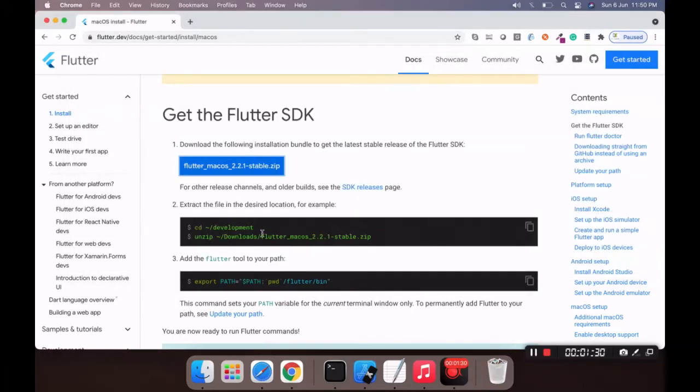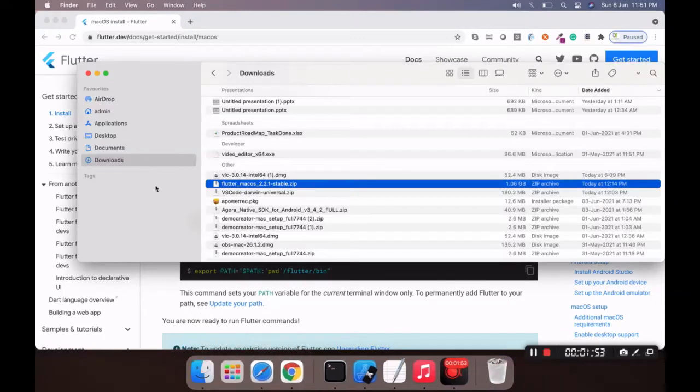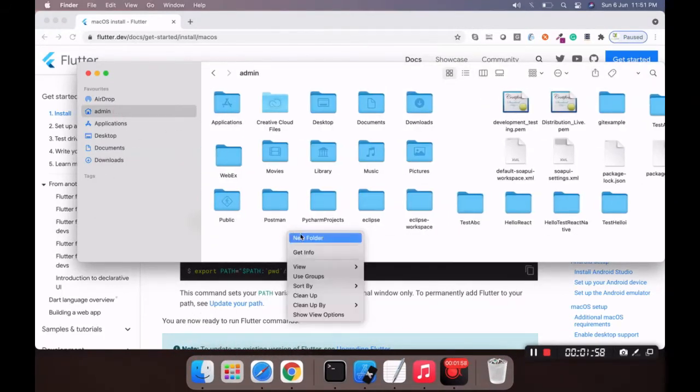After that, you need to create a separate folder, because Flutter is stored in a separate folder. So first of all, create a folder in any directory. I'm just creating a separate folder in my admin directory.